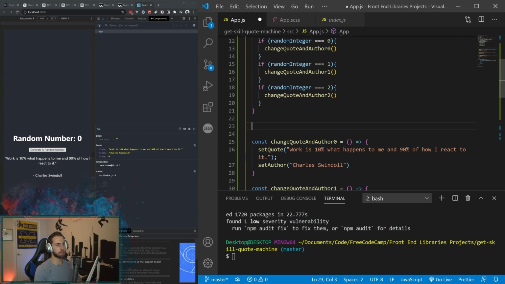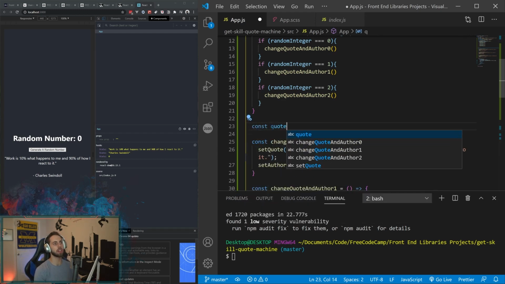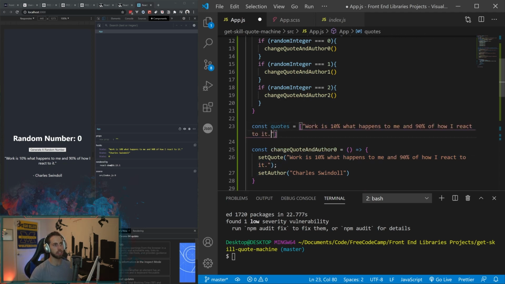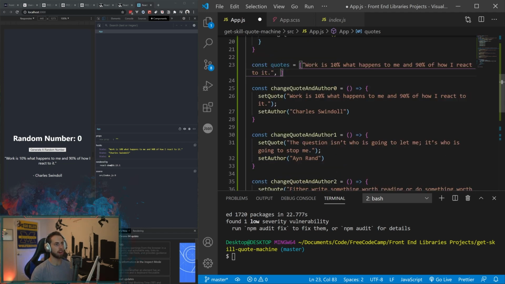Now, the way that I would break this up is like this. I'm sure there's other ways to do it, but I would create an array. So let's go ahead and call this quotes. And I'm going to create an array, which is just an ordered structure of data in memory. And we're going to just copy and paste in the quote. So a string right here, boom, paste that in. That's our first element, which is our 0th element. And then we have our set quote to be right here, boom,